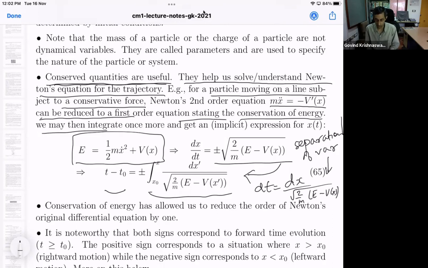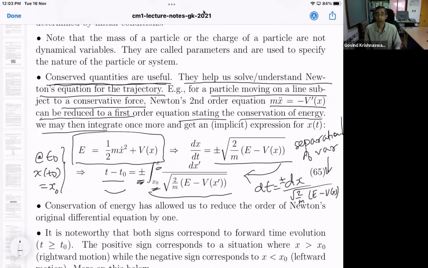Upon integrating, from t naught to t, at t naught the particle is at x of t naught equal to x naught. This is the assumption, and we are integrating from t naught to t, in which time the particle goes from x naught to x. Now, since there was a square root, actually I should have put a plus or minus sign here. We have a plus minus sign here.